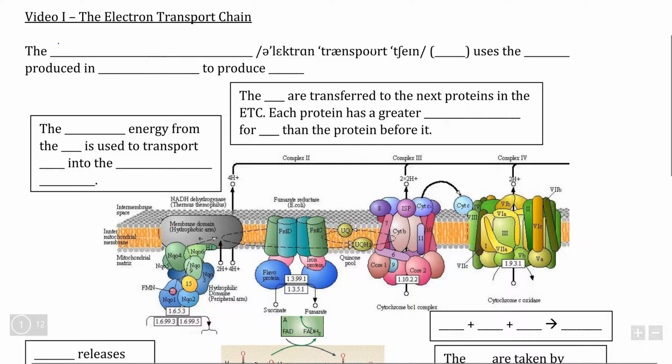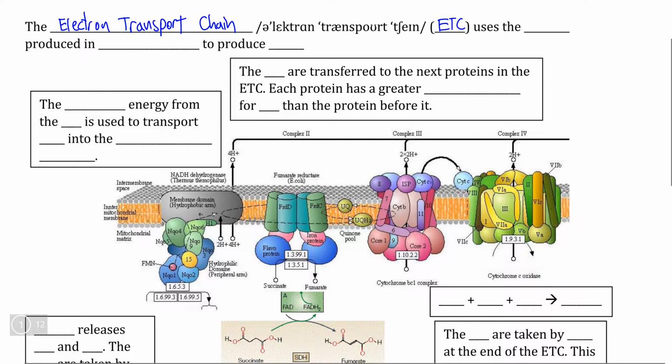Welcome to the first video in the series covering the final stage of the eukaryotic cellular respiration process, which is what we call the electron transport chain, which we will henceforth abbreviate as the ETC in order to save time. Now, to orient ourselves about where the electron transport chain takes place, you can see that there is a phospholipid